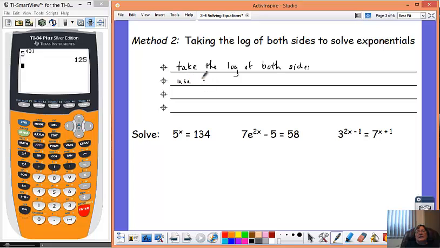That is, you might have to bring an exponent out front. Solve for the variable. And lastly, use your calculator on the final step. Okay, use the calculator